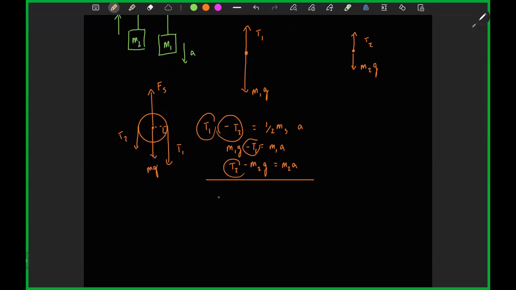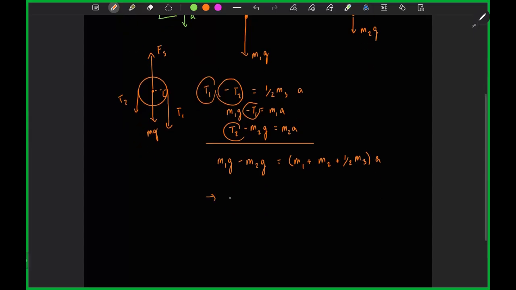And so this gives us m1g minus m2g is equal to m1 plus m2 plus 1/2 m3 times a. So that our acceleration is equal to m1 minus m2 over m1 plus m2 plus m3 over 2